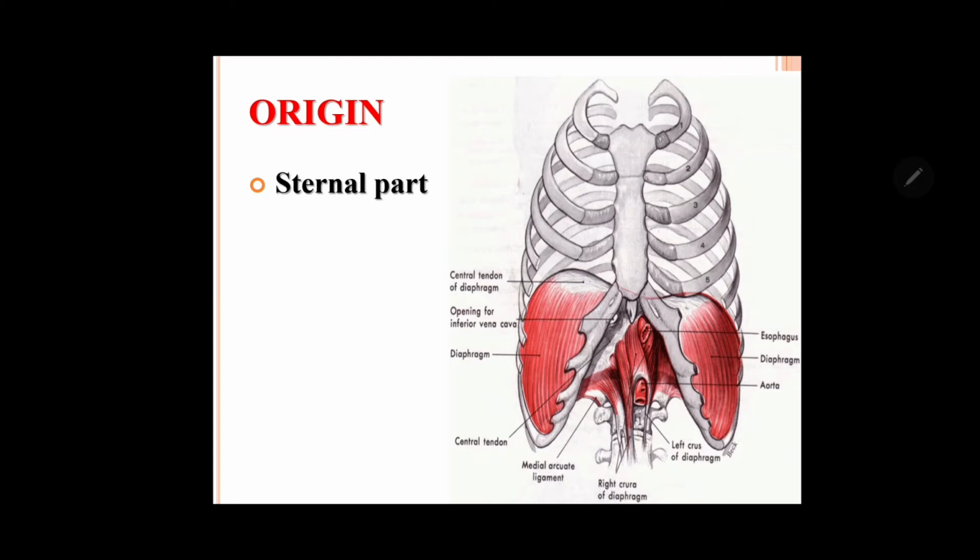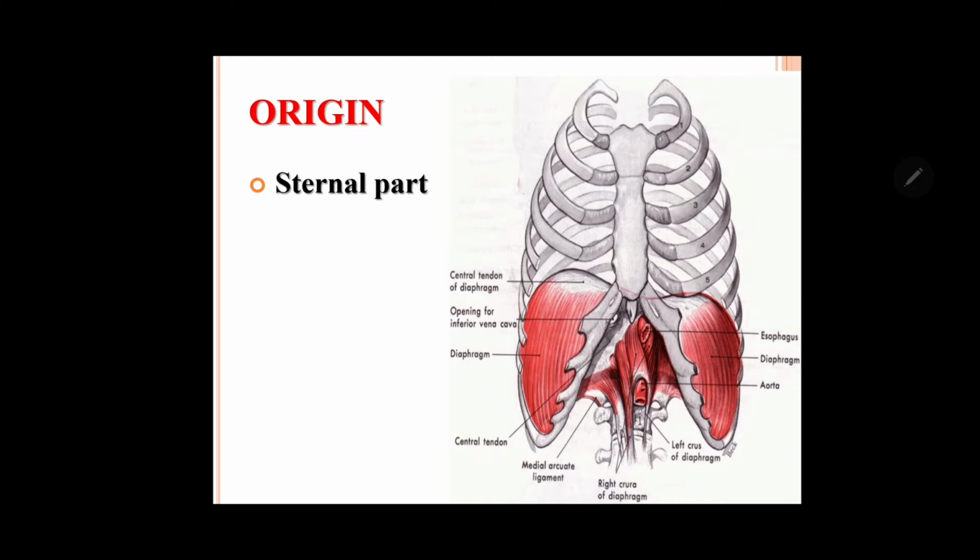The vertebrae means lumbar vertebrae here, not thoracic vertebrae. So it takes origin from the posterior surface of the sternum, the lower 6 ribs, that is 7 to 12, and the lumbar vertebrae. The upper 2 to 3 lumbar vertebrae contribute to the origin of the thoracoabdominal diaphragm. And you can notice here the domes, the right side is higher than the left side with a central depressed part, because on the right side you have the liver. Most of the liver is under cover of the right side thoracic cage, that we discussed in the previous video on the anatomy of the liver.